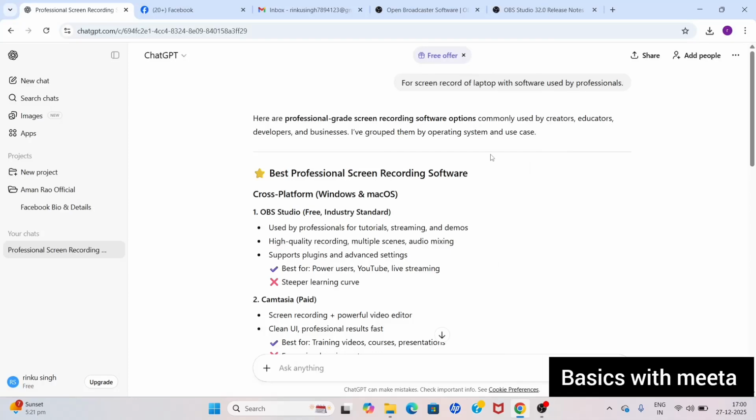So in this video we will see which is the best screen recording software that I'm going to show you in this video, which is mostly used by professionals to make their videos or to record the screen of their system. So as you can see on the screen, ChatGPT is opened here, and here also I have searched